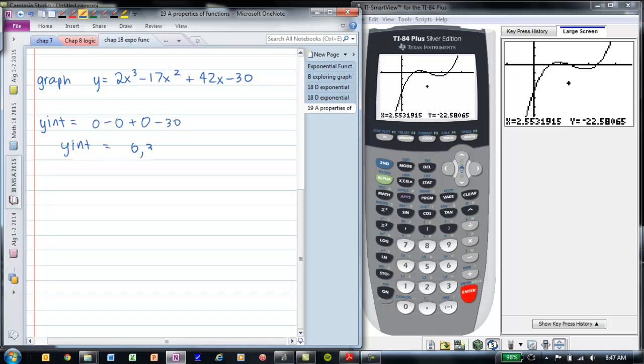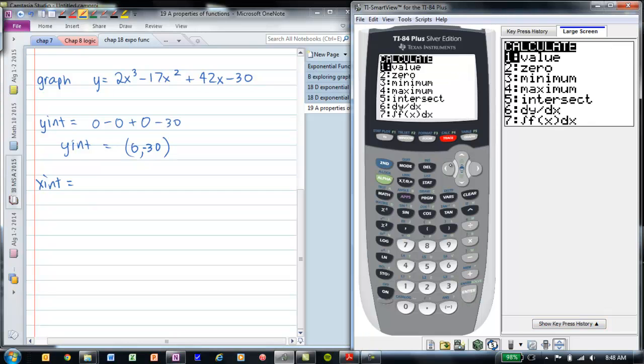So the coordinates were 0 and negative 30. Okay? Now let's find the x-intercepts. In order to find the x-intercepts, we're going to use our calculator. Again, we don't use the trace feature because it's not specific enough. We're going to use a feature called zeros, just like we did when we were trying to find the intersection for solving exponential equations. Here we're going to do second calc, and this time we're going to choose number 2,